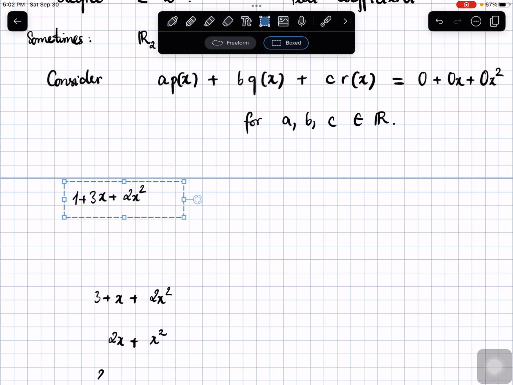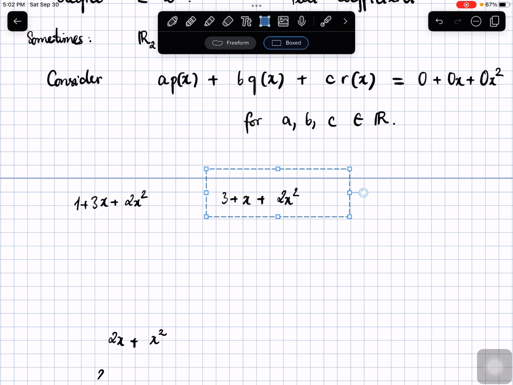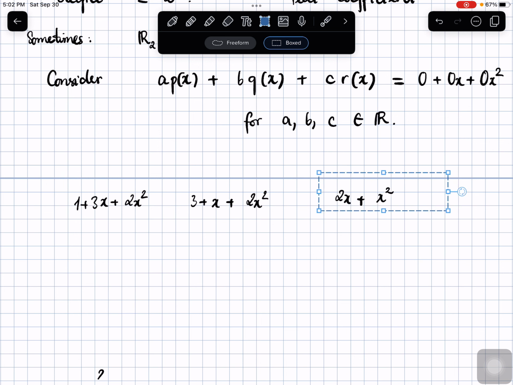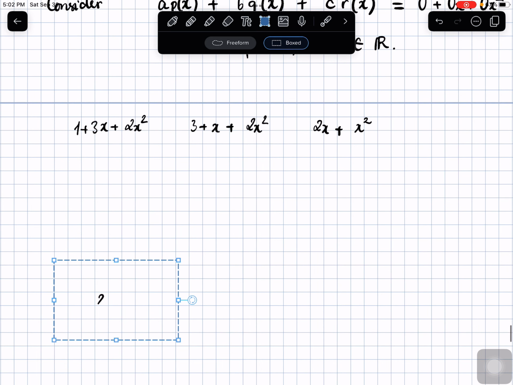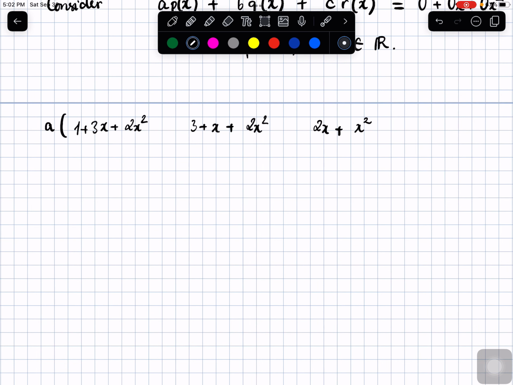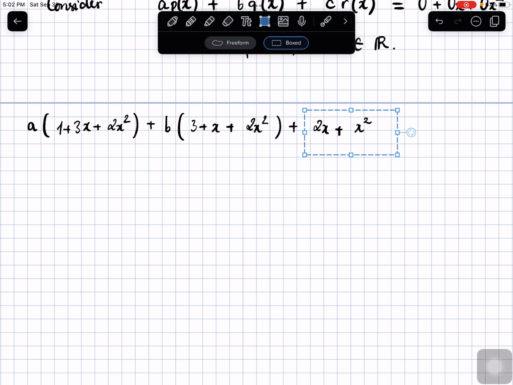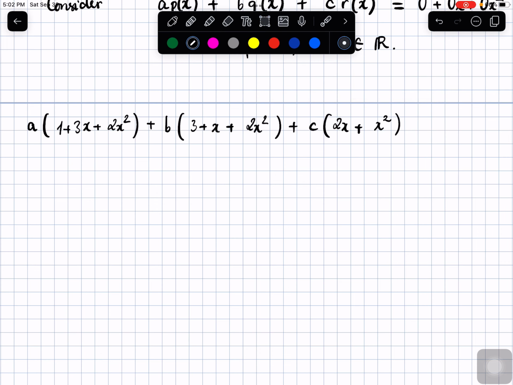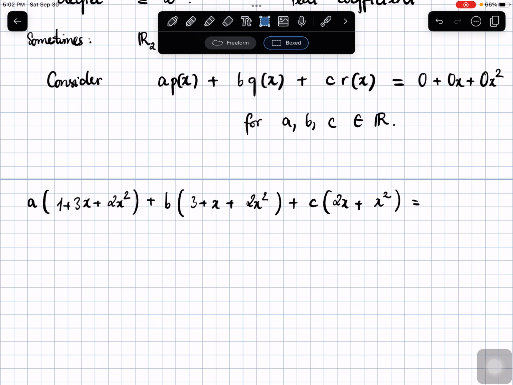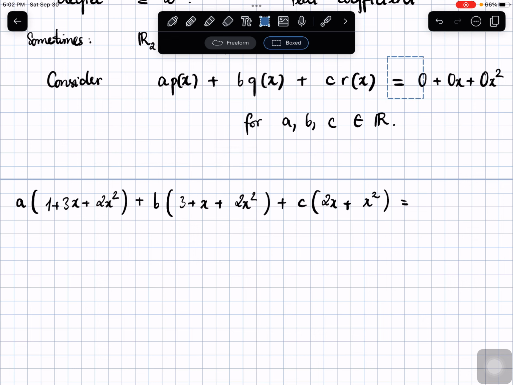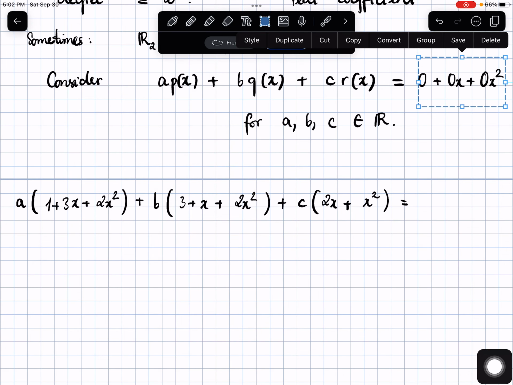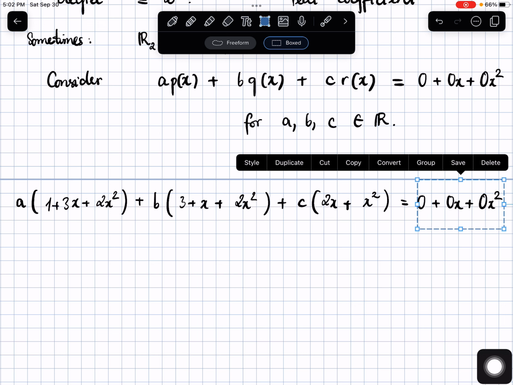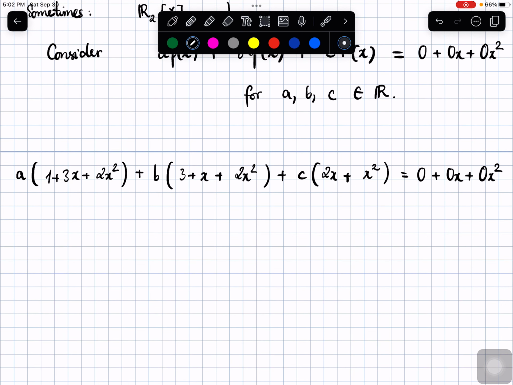So we have a times p(x), b times q(x), plus c times r(x), equal to the 0 polynomial. Right. Okay, and then this is actually equivalent to,